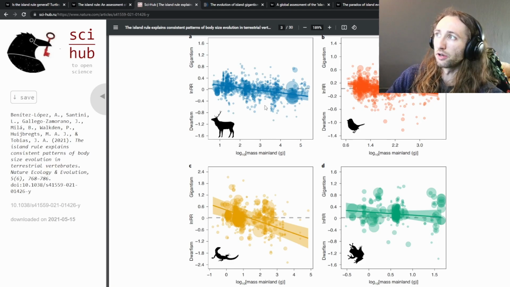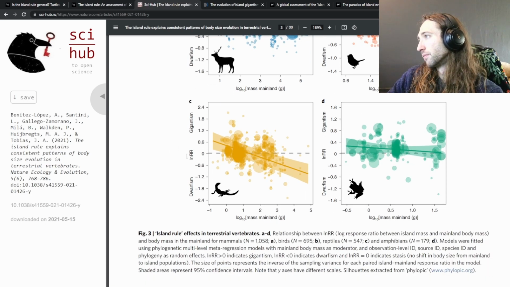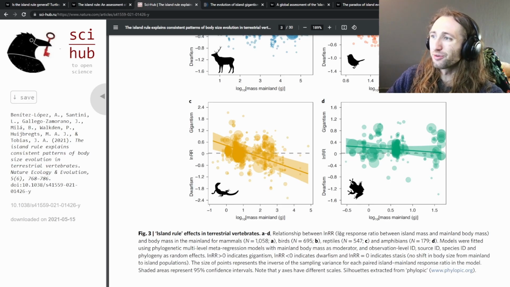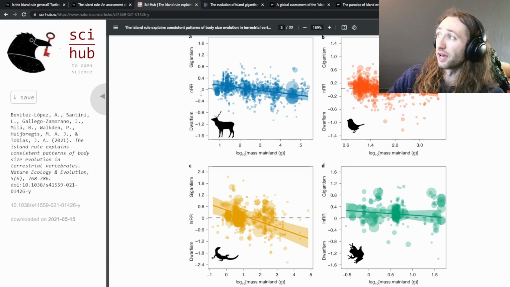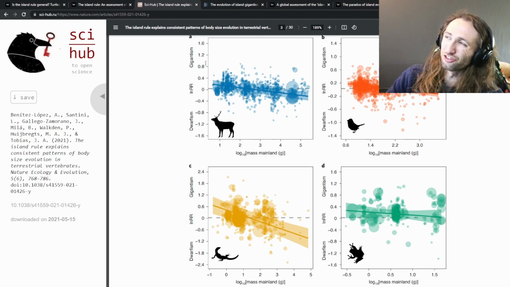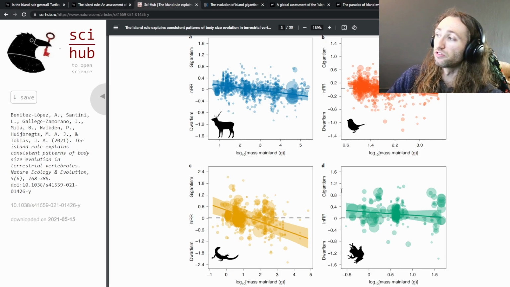So here on the graph, it shows log of the mass of mainland in grams on the x-axis, and then it shows this log response ratio between island mass and mainland body size. All you need to know is that if it's positive, higher on the y-axis, then it's showing gigantism, and if it's below this zero line, then it's showing dwarfism. And in almost all groups, they found evidence for the island rule, with some being more significant